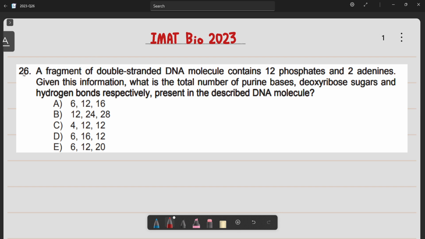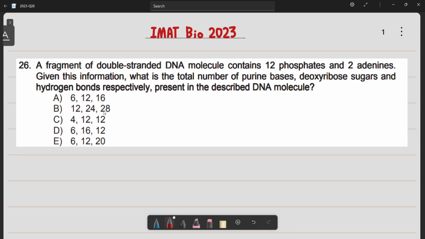Okay, welcome back. So this is biology question 26 from the IMAT 2023 past paper. So I will be answering this question. It says a fragment of double-stranded DNA molecule contains 12 phosphates and 2 adenines. Given this information, what is the total number of purine bases, deoxyribose sugars, and hydrogen bonds respectively present in the described DNA molecule? So before we go through these options, we must